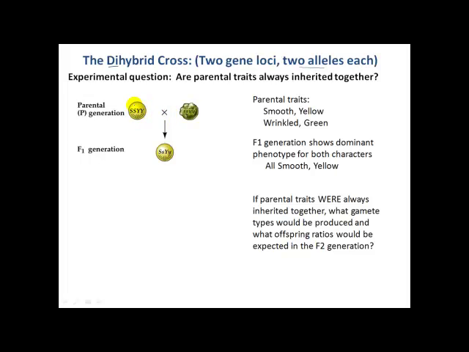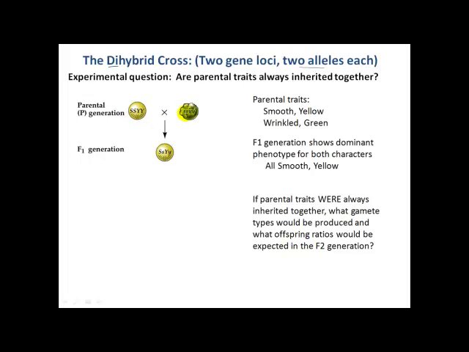So if we cross a true breeding parental strain that's smooth yellow with a true breeding parental strain that is green wrinkled, and we symbolize those genes and their alleles with the letters S and Y, so S symbolizing either smooth or wrinkled, and Y symbolizing either yellow or green. Do we always see smooth and wrinkled being inherited together, green and wrinkled being inherited together? So when Mendel did this